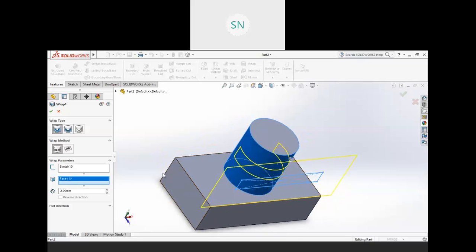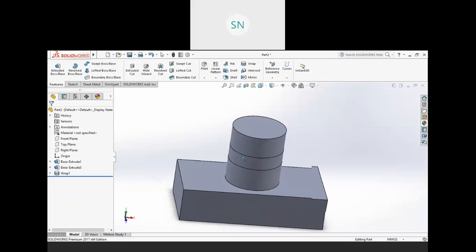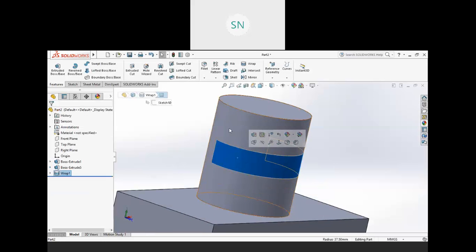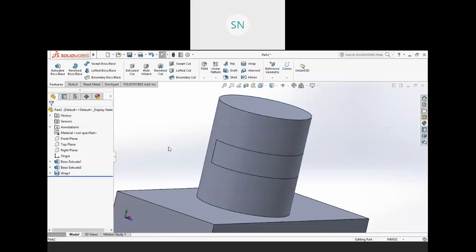Now here we have two options: emboss, sorry, three options: emboss, deboss and scribe. If you choose scribe over here and hit OK, it will just create a split face. This face is different and this face is different, right? So this is like a split face.